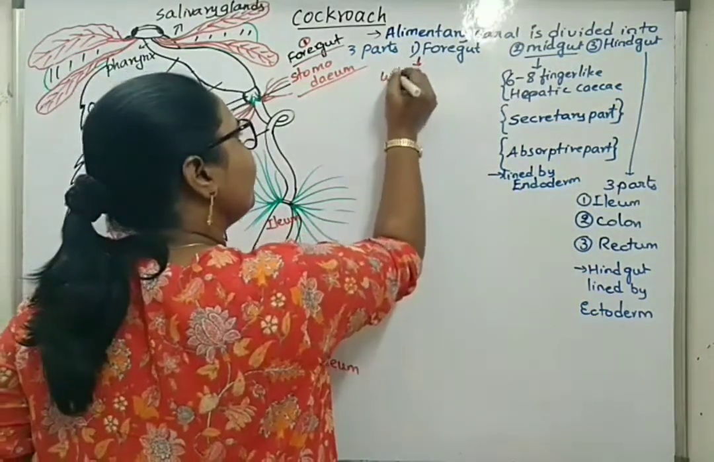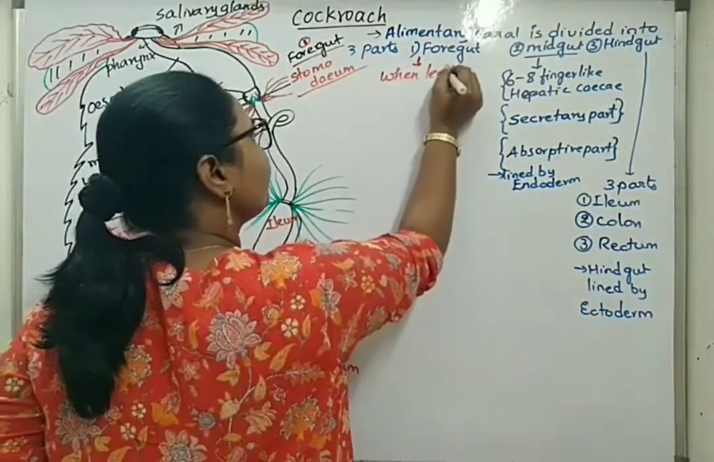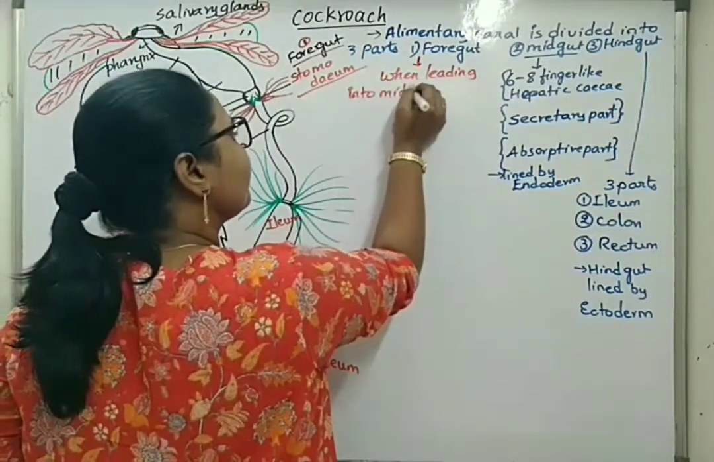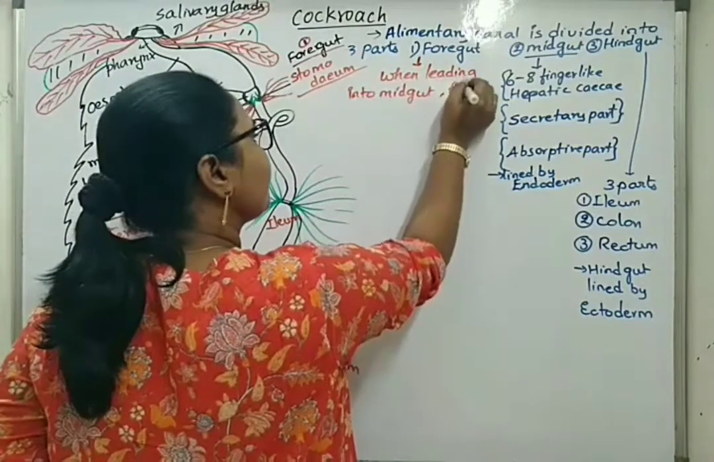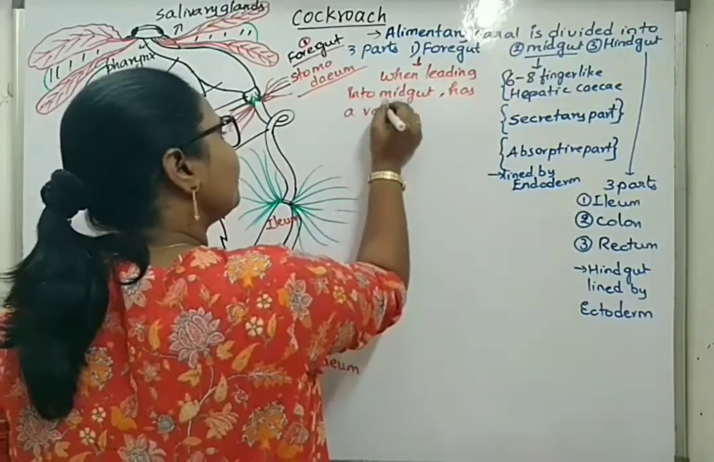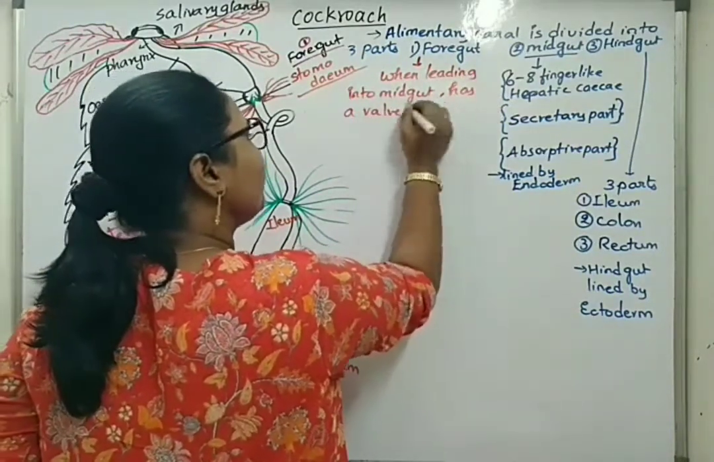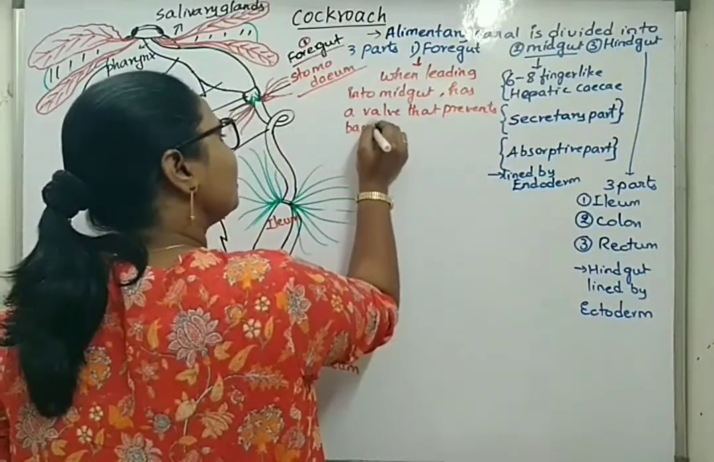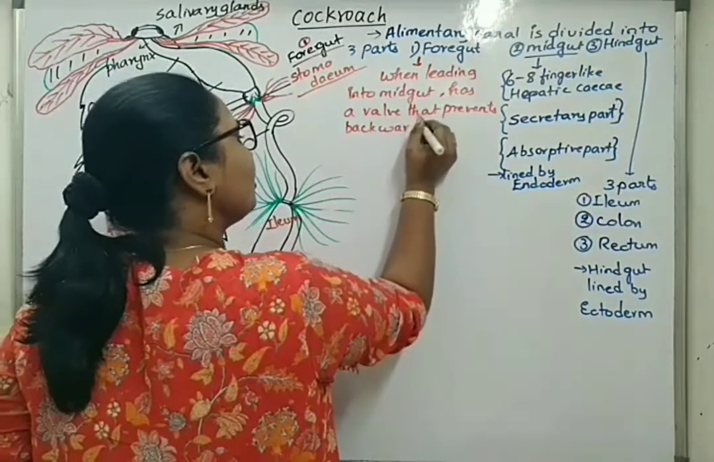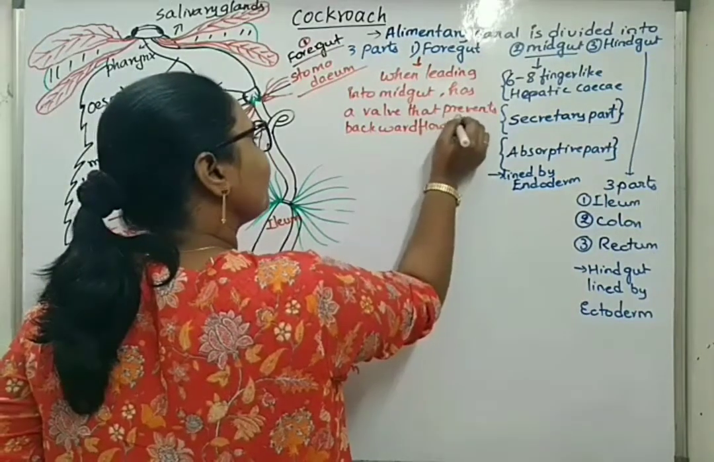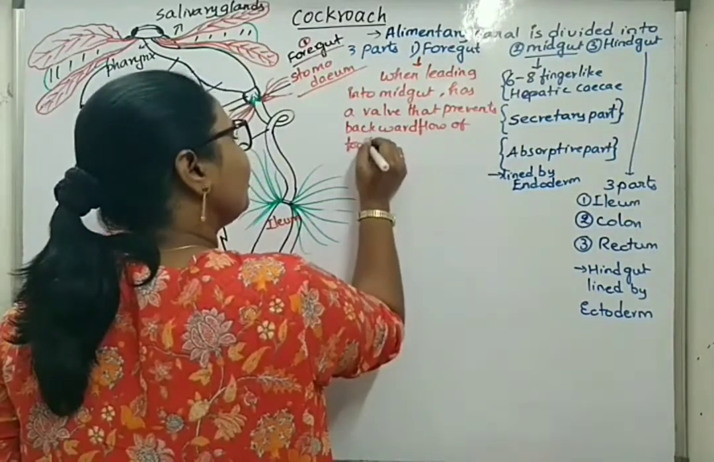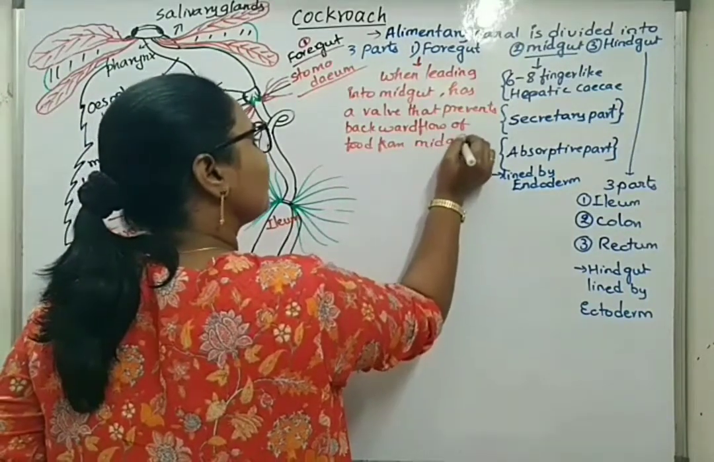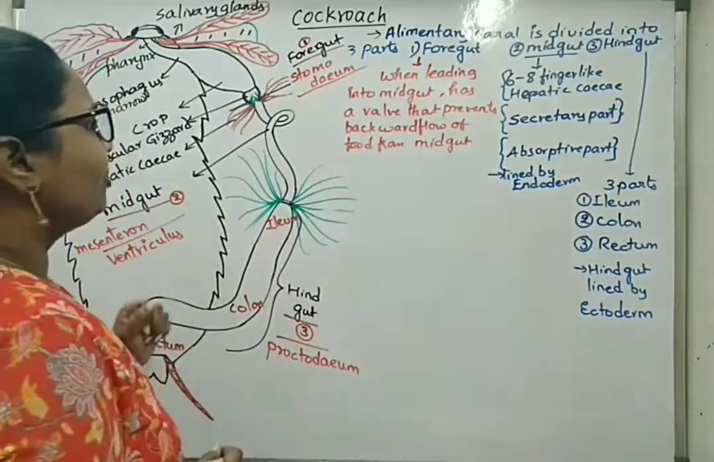Foregut, when leading into midgut, has a wall that prevents backward flow of food from the midgut. If you want to see that structure,